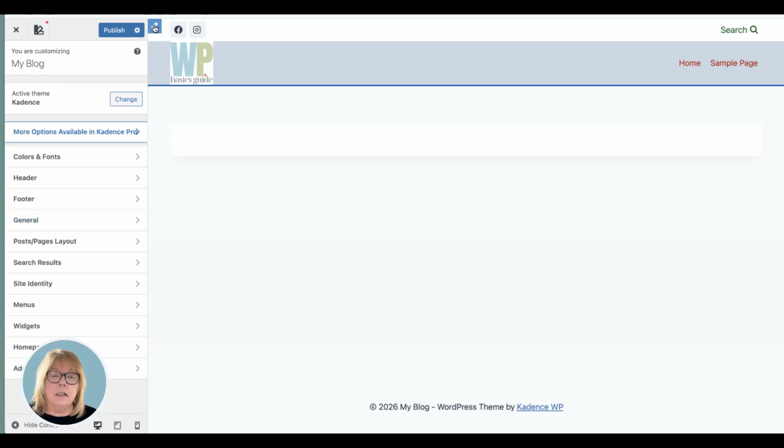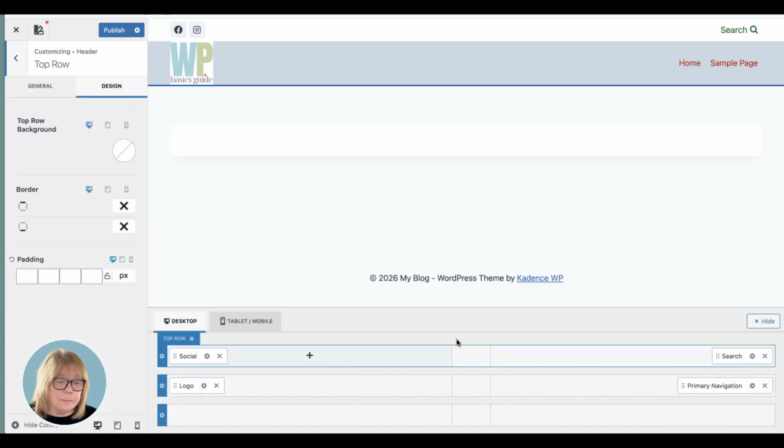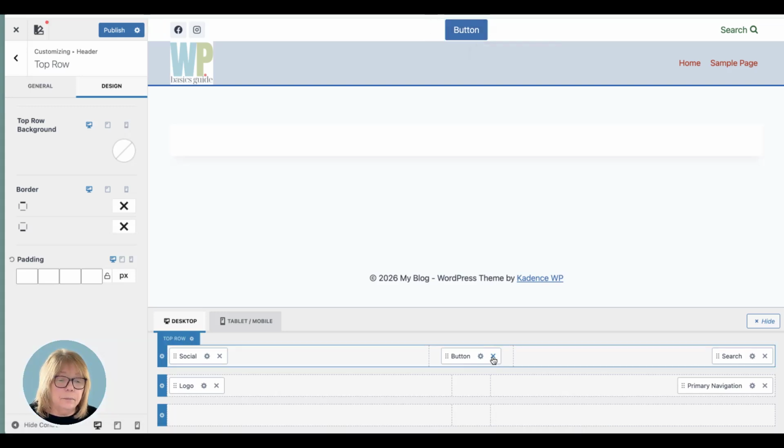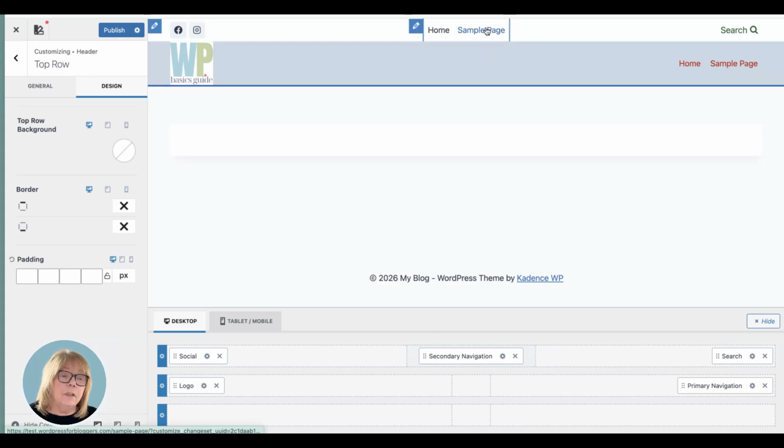Now let's go back. You can also add a button, and you would do that by clicking the plus sign again, add a button. Maybe you have a membership that you want them to go to, something that's off your site. Maybe you have something special going on that you want them to go to. So you can add a button in there. Or if you take that out, you can add a secondary navigation,